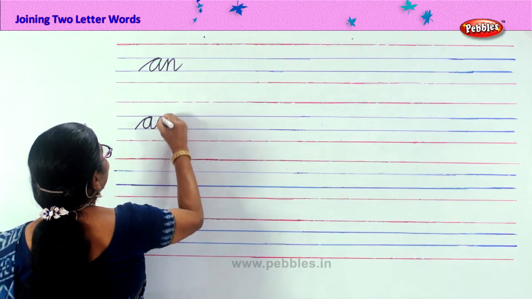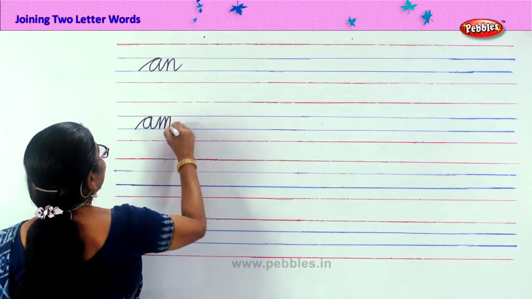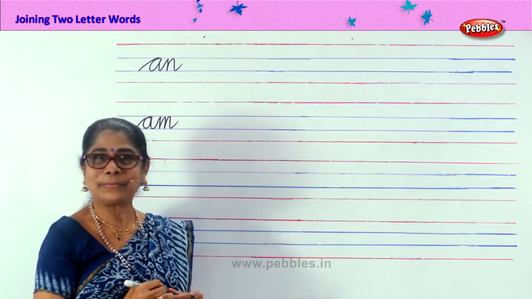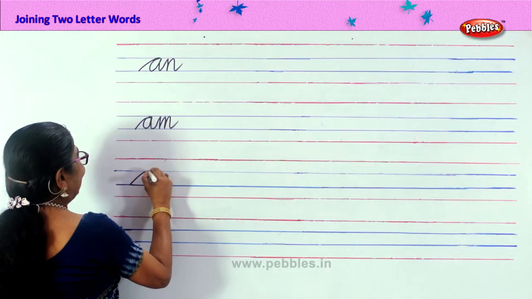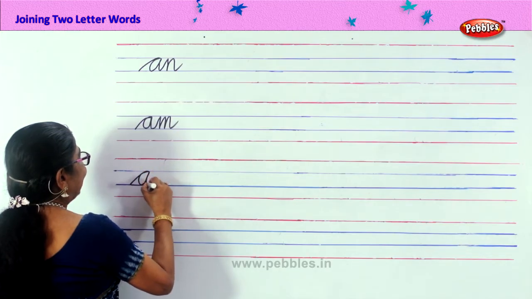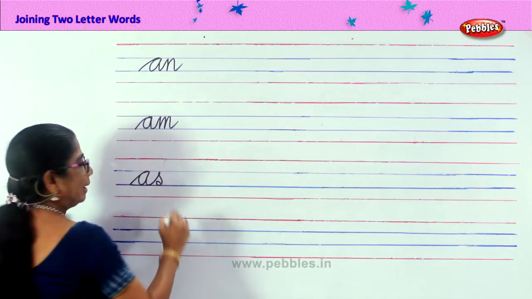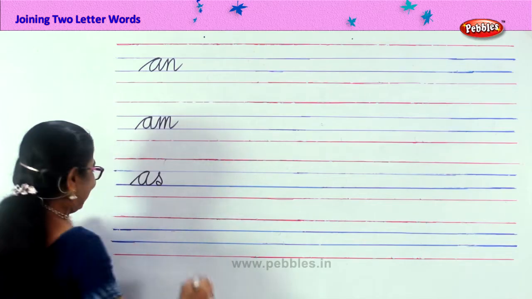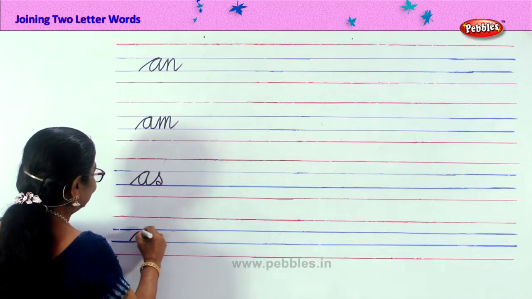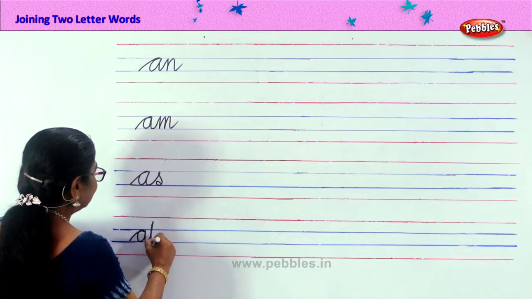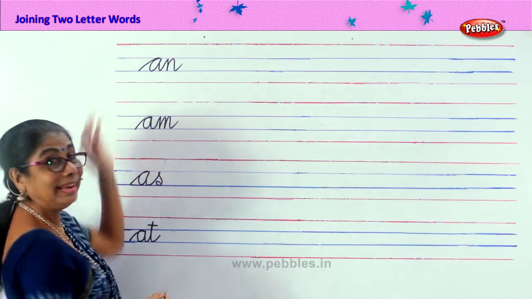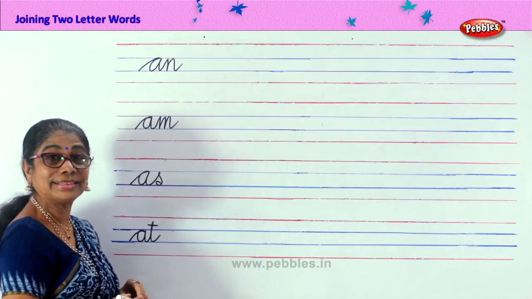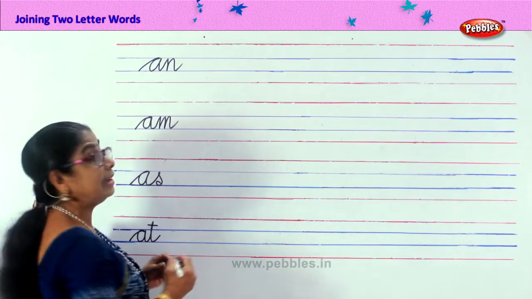Am. Yes? Next, as. As. At. At. See how you write? An, am, as, at. Good. Now let's write how we write